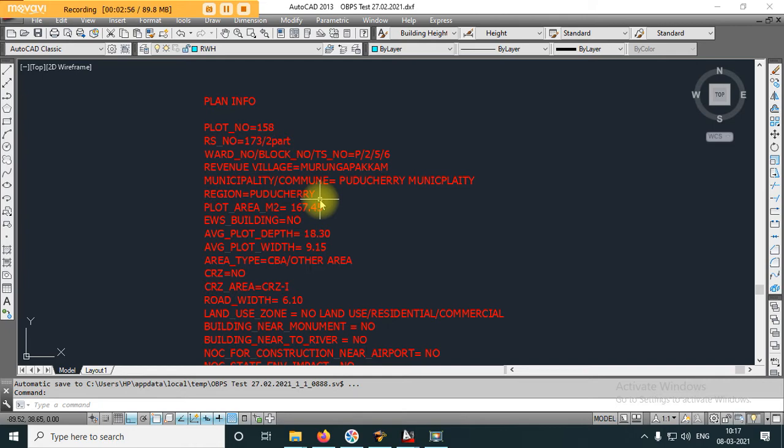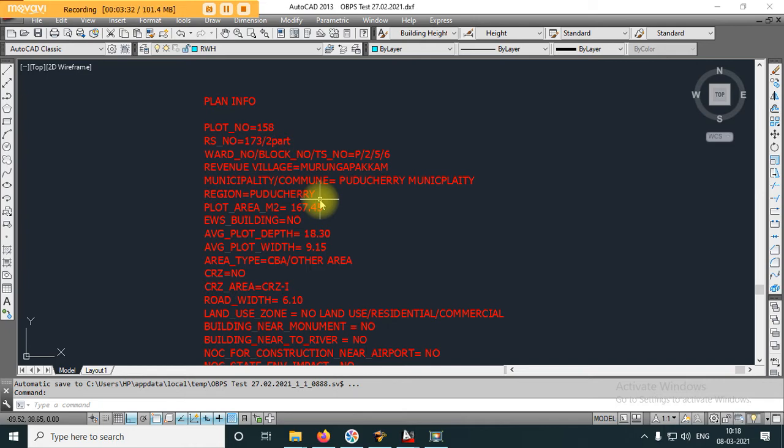In the plan info, you need to enter the basic details of the site location, like plot number, RS number, ward number, block number, TS number, revenue village, commune or municipality, and then the region. Then plot depth, plot width, plot area, etc., as per the details available in the revenue records.